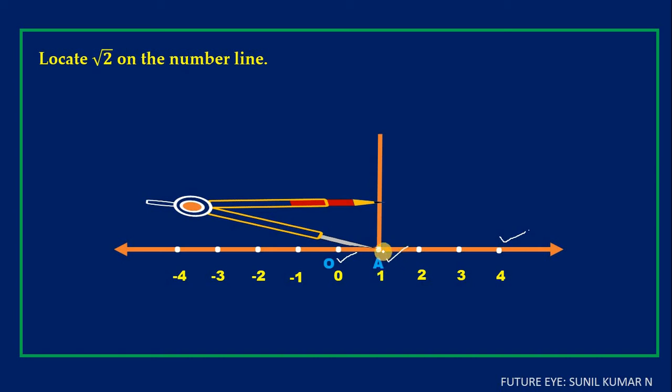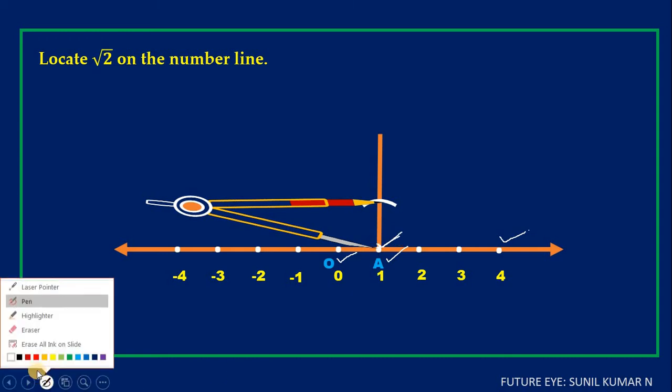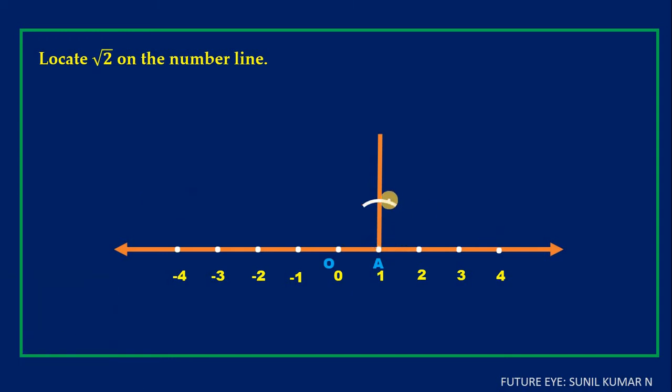After that, the needle of the compass you have to keep on A. Just look at where I kept. I kept at A. So that as center, cut an arc like that. Children, I remind you again, take 1 centimeter of radius. So after constructing the arc, now this point you have to call it as B. Now join O to B.